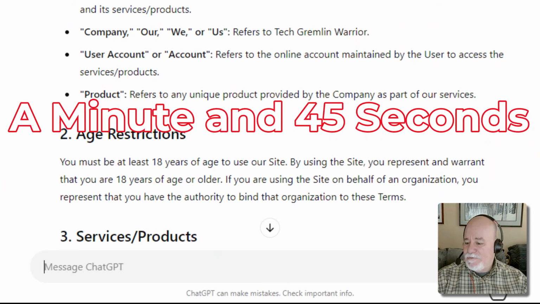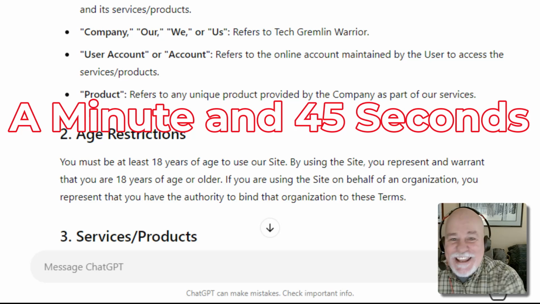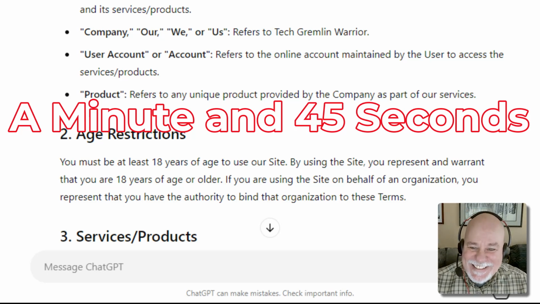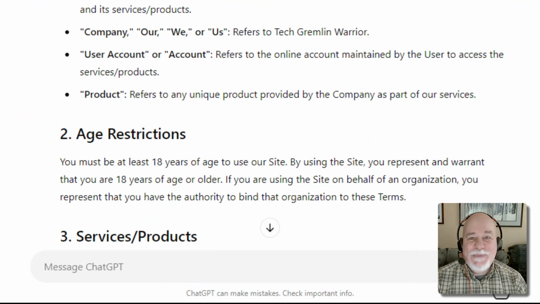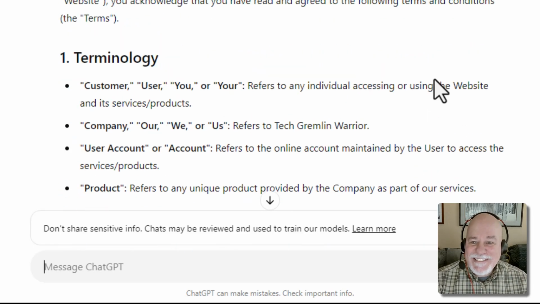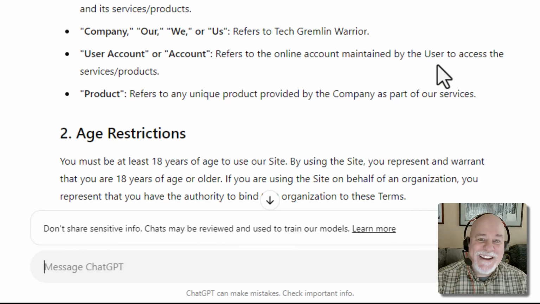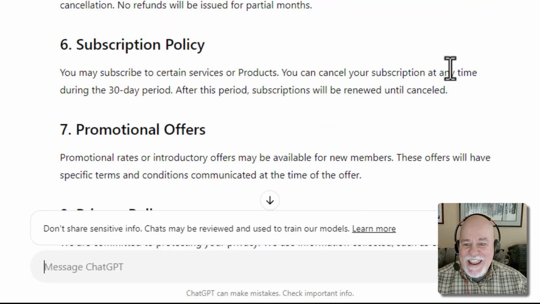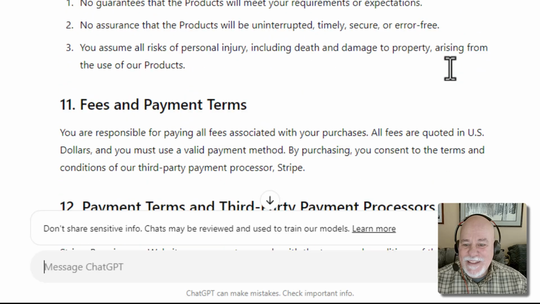It was a minute and 45 seconds. It took us a minute and 45 seconds to create that terms and conditions policy. How cool is that? All right, so let's look at this. It has 24 sections now. And if you scroll all the way down,